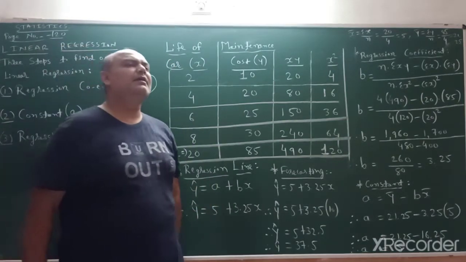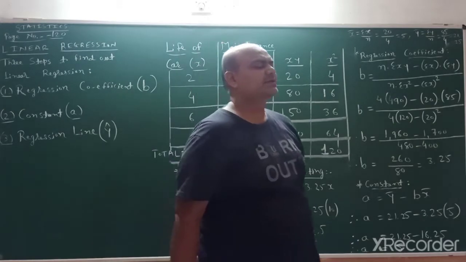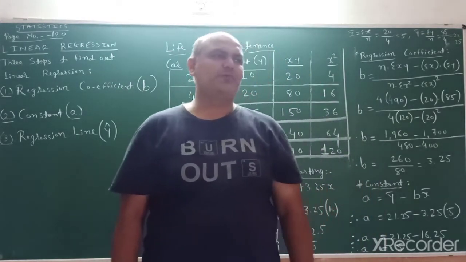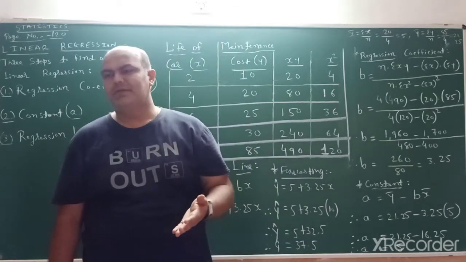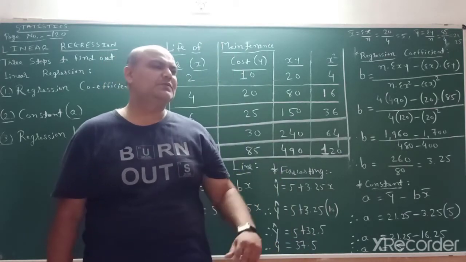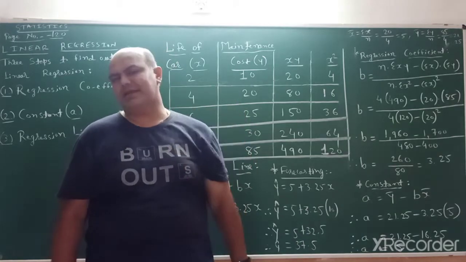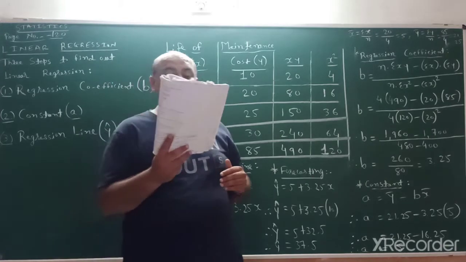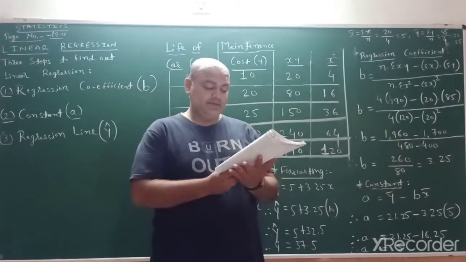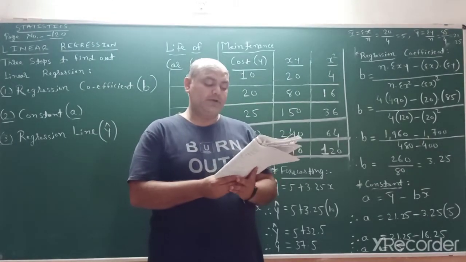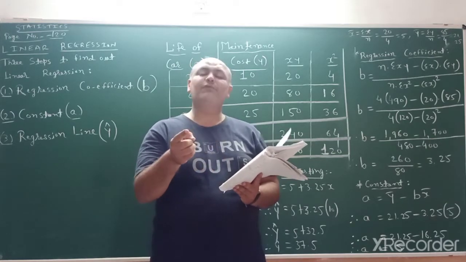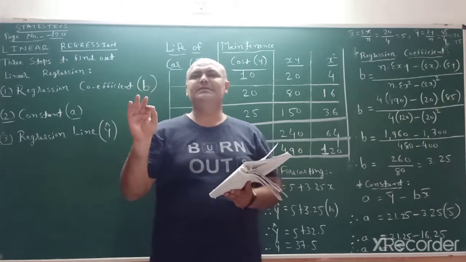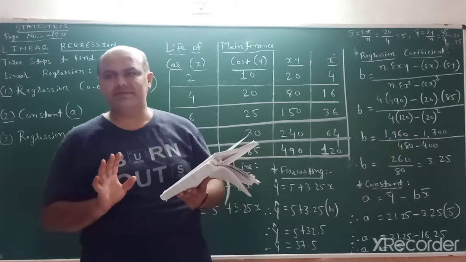Students, in the earlier 12th standard syllabus, we had to find 2 different regression lines actually, Y on X and X on Y. But you all are very lucky, in the new syllabus we have only 1 regression line, that is Y on X. So how can we say Y on X? See, obtain the regression line of maintenance cost on the life of cars. Maintenance cost means Y, life of cars means X, Y on X.